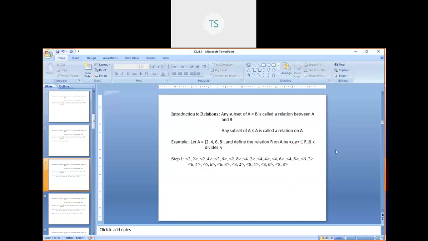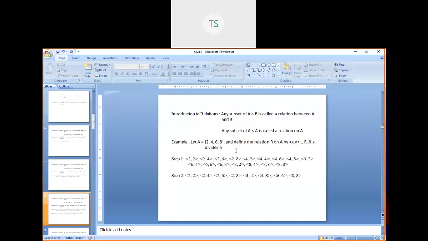Yes. Yes. Then 6 2. Can I include 6 2? No. 6 4? No. 6 6? Yes. Similarly, from this 6 8, can I include 6 8? No. So, in step 2, I have written the ordered pairs which directly satisfy this condition